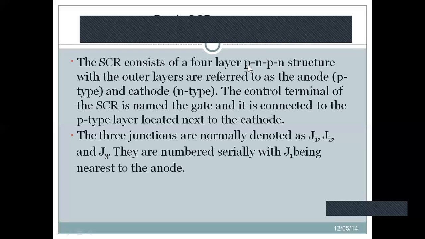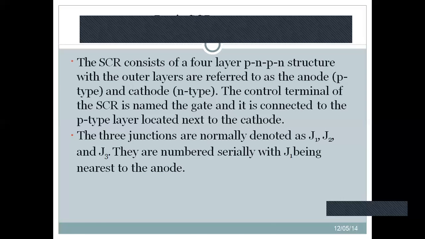So this P can be acting as anode, N is cathode, and this middle P will be acting as your third terminal, that is gate terminal. And other than the construction of SCR, it says that it has 3 junctions. They are represented by J1, J2 and J3. Out of these 3 junctions, J1 and J3 are at anode and cathode respectively, and J2 will be in the middle of the